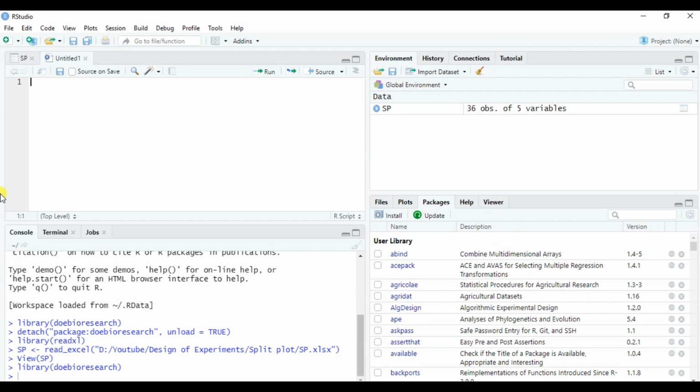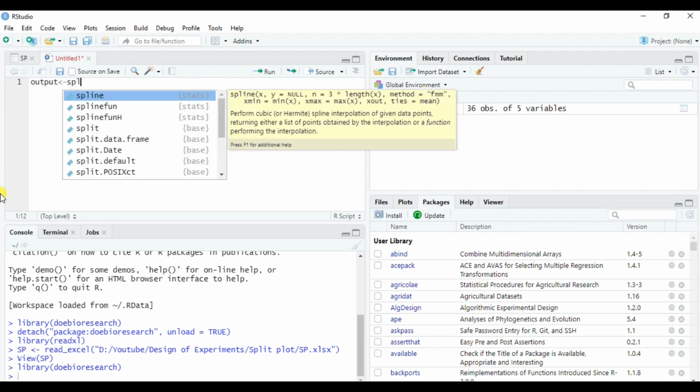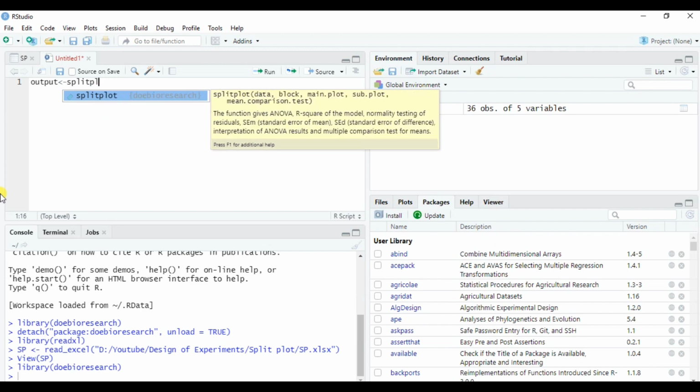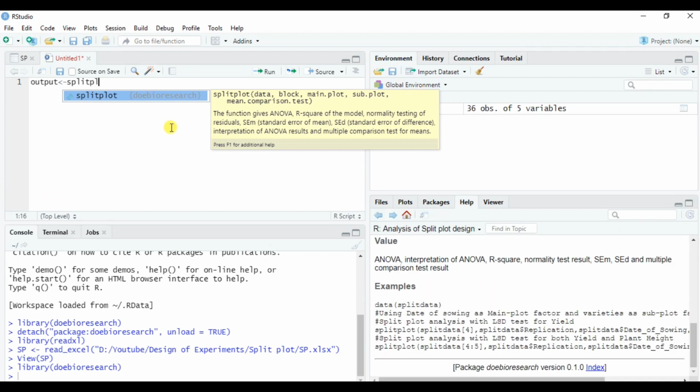Okay, so we want to save this in the variable name output. This is the assign sign. Now the name of the function is splitplot. When this yellow dialog box appears, press F1.